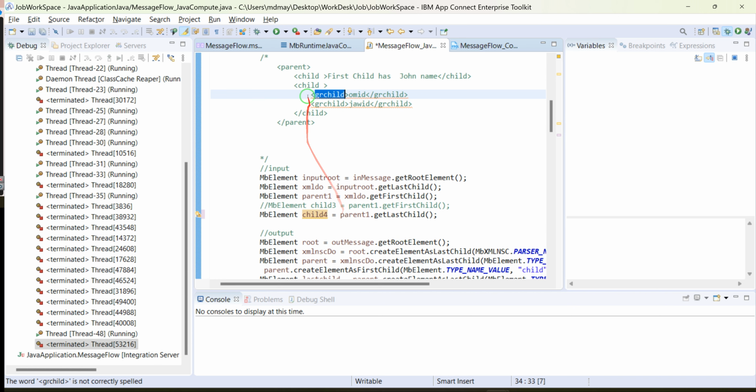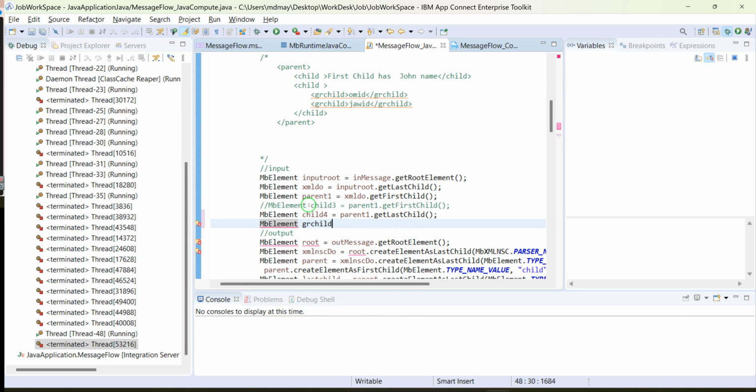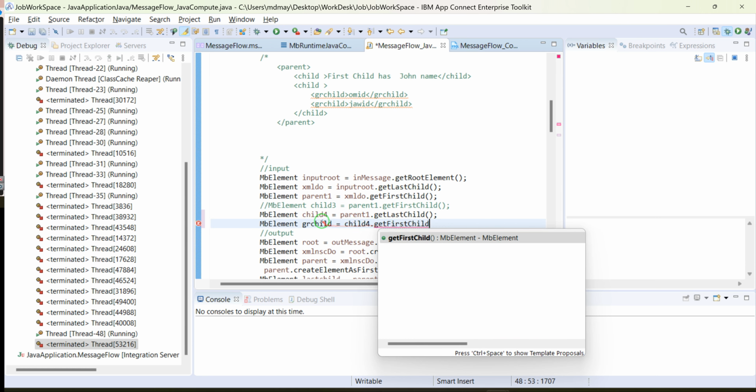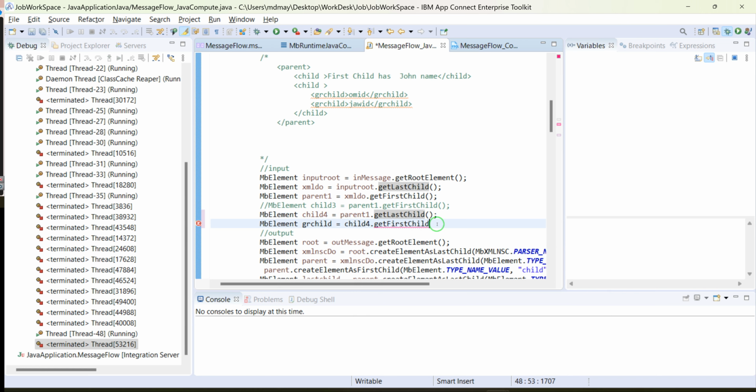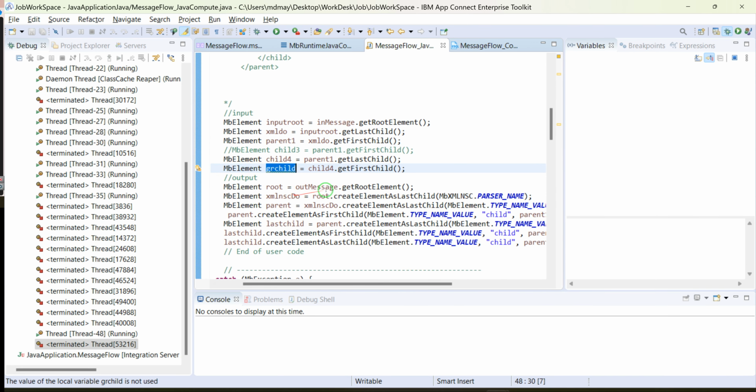Now after child 4, that will come to this. Okay, let me do it right here. Child get grandchild equal to above child. It is on the child. You will say get first child, because it is on the last child, so it will work fine. Now let's assign the grandchild value. It's a first child, and we could do it right here like that. Copy this one